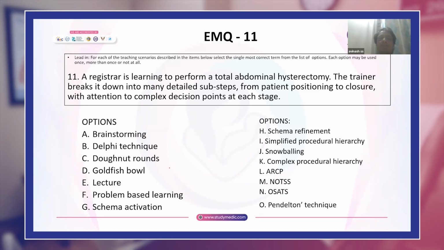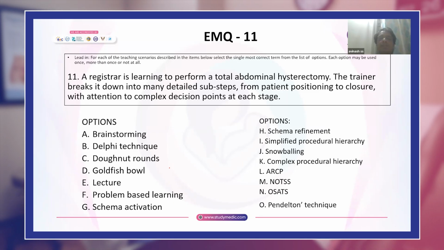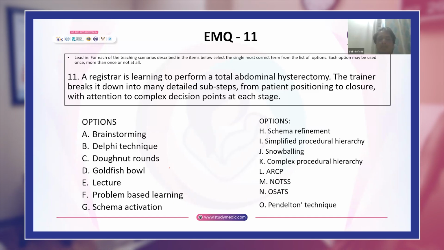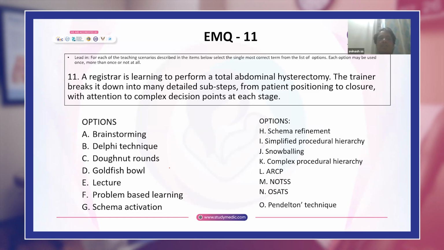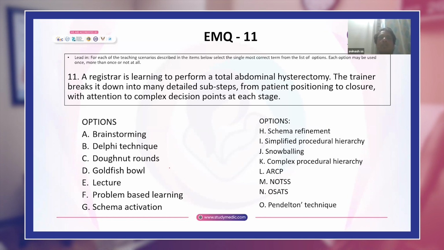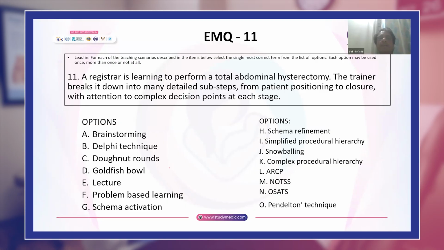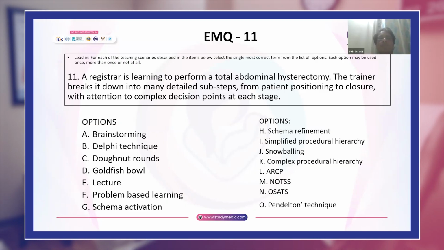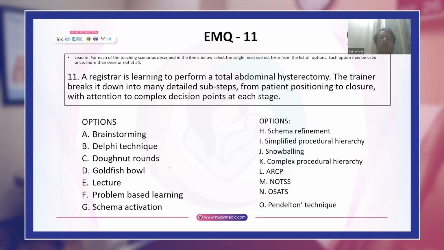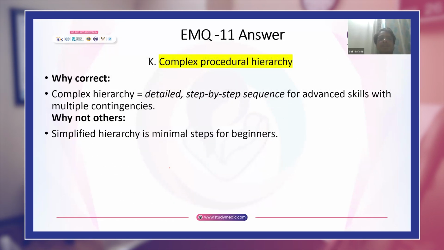At each stage, his performance, skill, and communication are noted. Feedback is given. Once he reaches a point of efficiency, he will be allowed to do the skill or procedure independently but under supervision, and later completely independently. So there are multiple checkpoints here. There is a hierarchy of